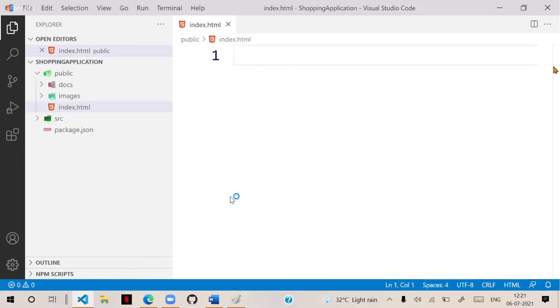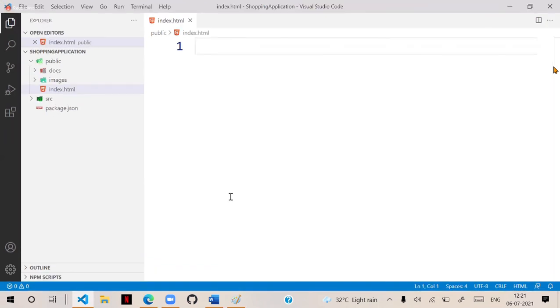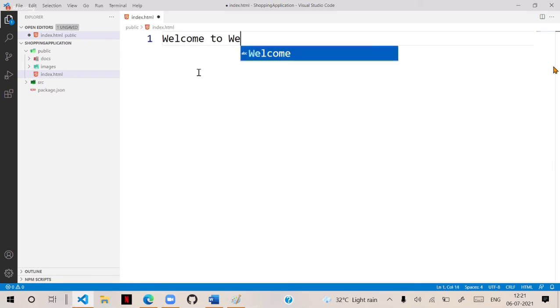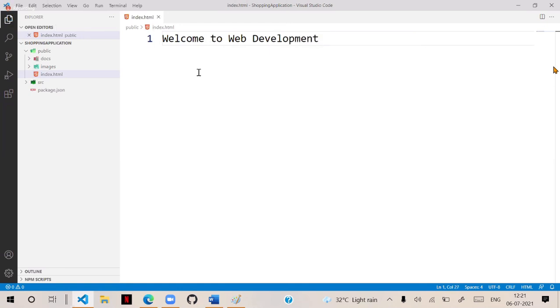Later, we are going to learn HTML. I will tell you about static pages, dynamic pages, HTML and everything. And observe carefully. Inside this HTML page, I am just writing simple, normal text: Welcome to web development. I am not using any language, anything. I will just present some plain text here.